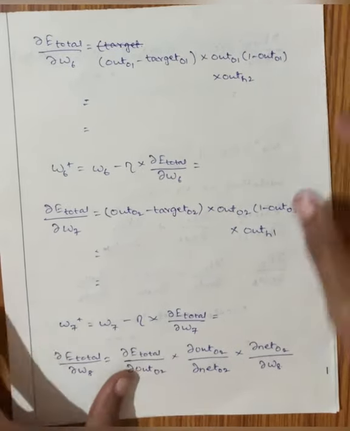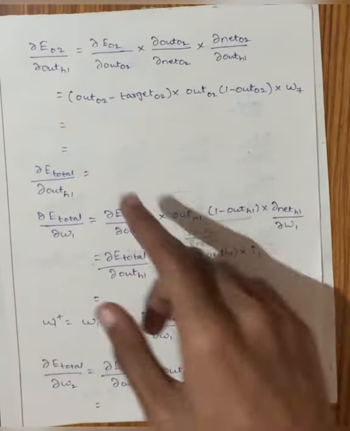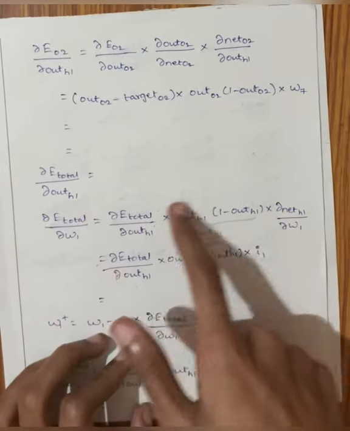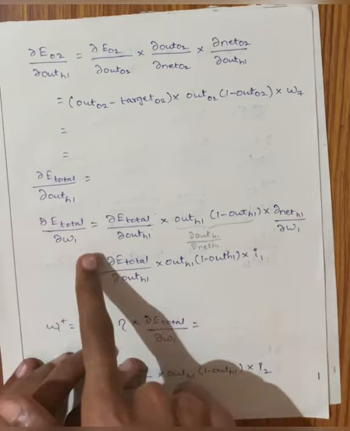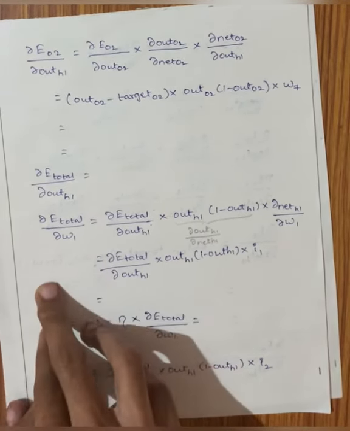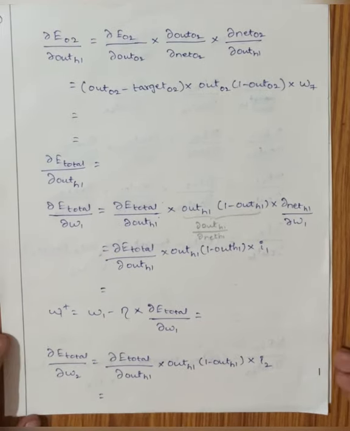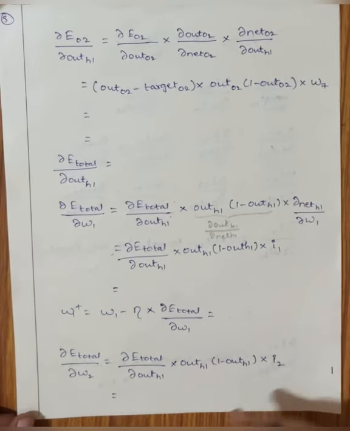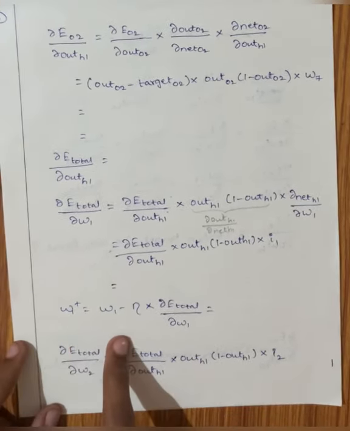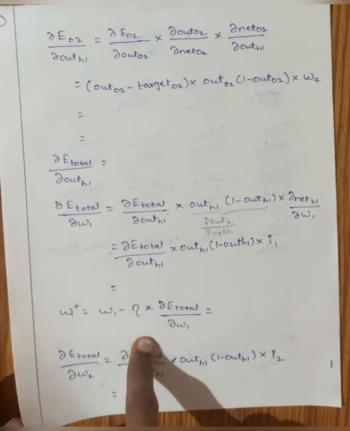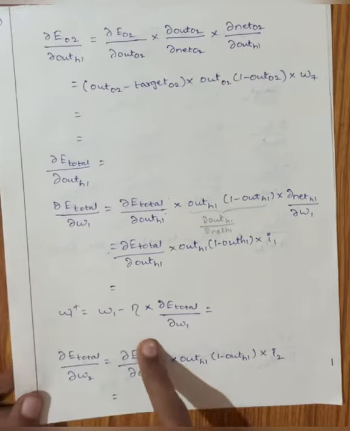Here we are going to see ∂E_O2 and ∂E_O1. We will add both of them and finally we will get ∂E_total/∂W1, as in the previous examples we showed. So these will be the formulas. You can pause the video and take them out. Here we will get the updated weight W1+ = W1 − η × ∂E_total/∂W1. As I mentioned, eta will be 0.5 for all the examples. Keep it in mind.